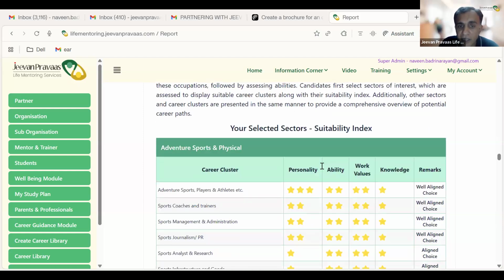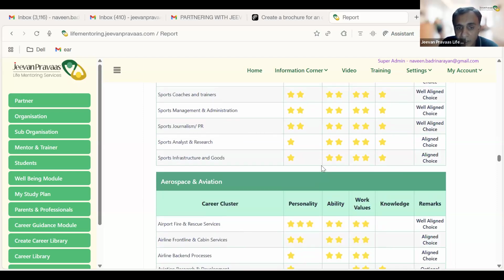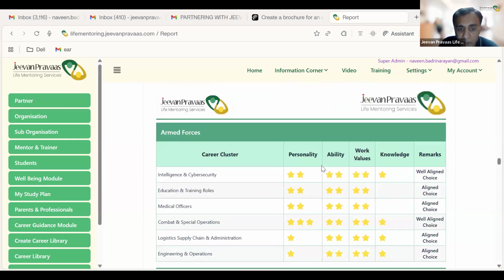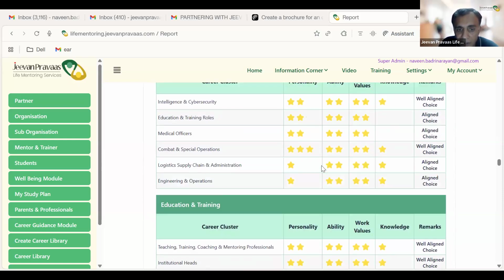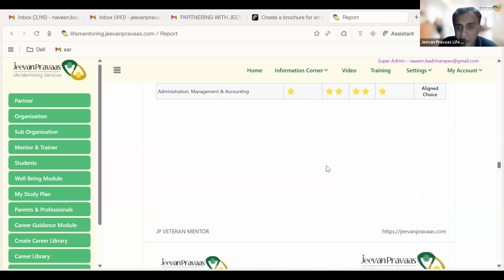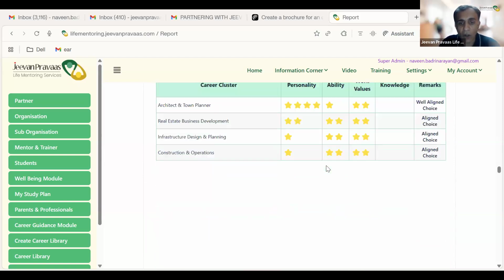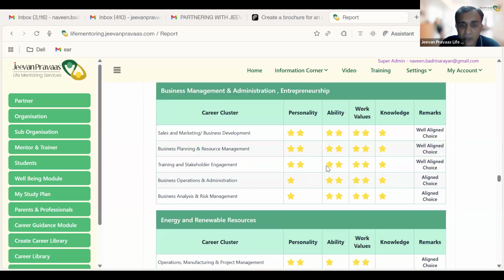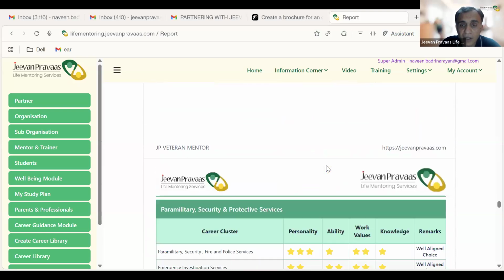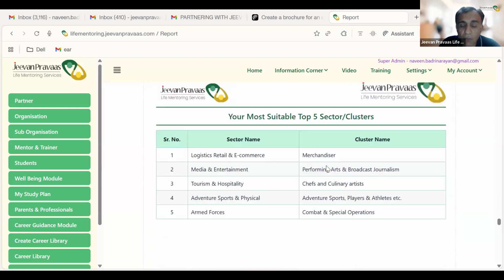And then the design, your selected sectors. You selected sports and adventure sports and physical, then aerospace and aviation, armed forces, and education and training. So accordingly you're getting the aligned choices. Then all the 23 sectors are listed out here, and the alignment matrix has been given in the report. And at the end, you will get a report which will show you the top 5 sectors